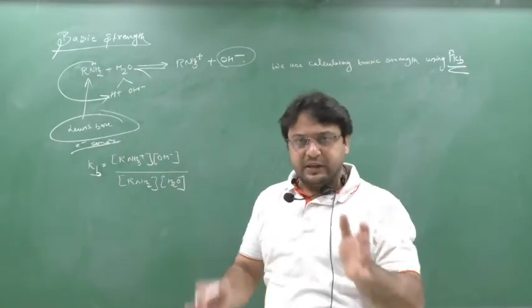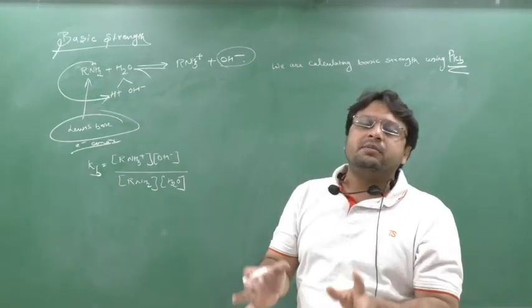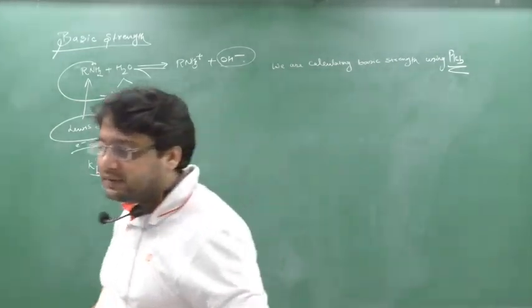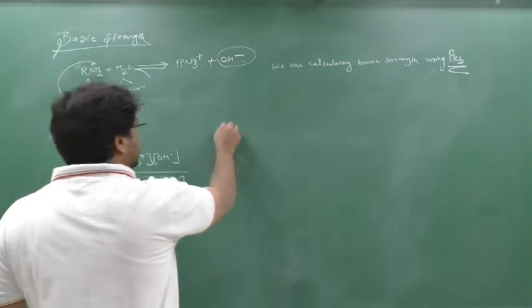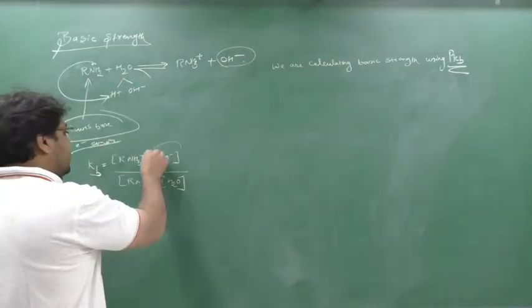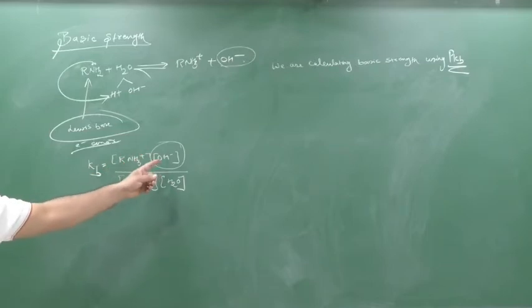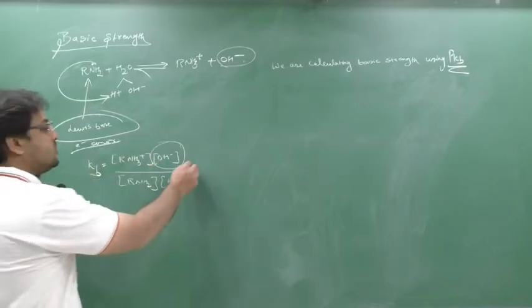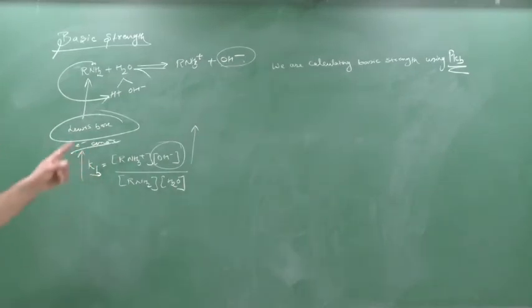So pKb or pKa value will be more reasonable. That's why we are using what? pKb value. Okay. And what does the pKb value will come? So Kb is now completely dependent on what? OH minus. If OH minus concentration increases, Kb will be increased, means substance will be more basic.